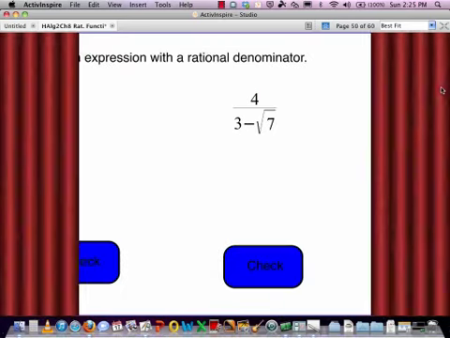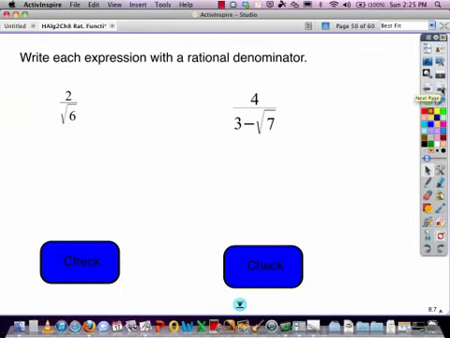All right, last then would be that division. If you cannot keep a radical in the denominator, you're going to have to get rid of it. And I've got it written 2 different ways here. So if I want to get rid of a radical, we know we can multiply it by itself, and it becomes a whole number. So that's one of the quickest rules to use when you're dealing with these square roots